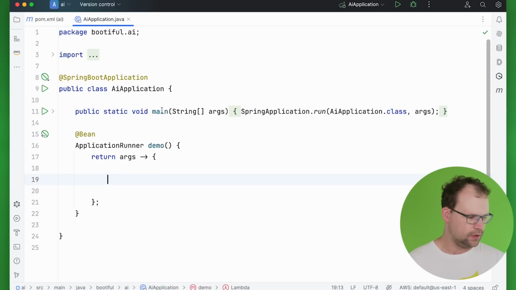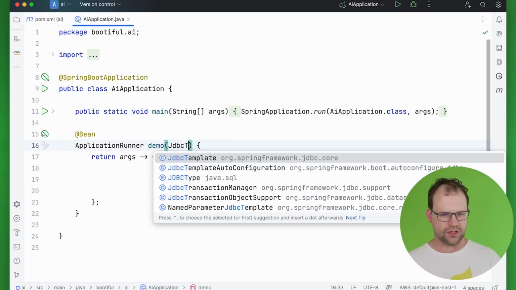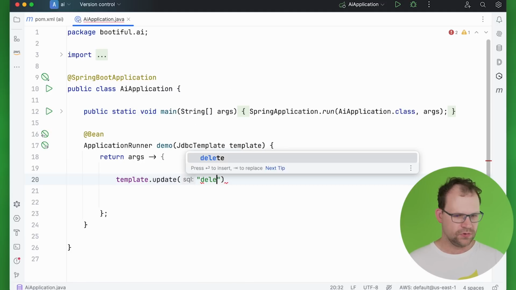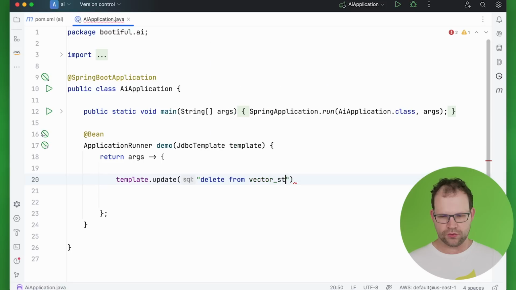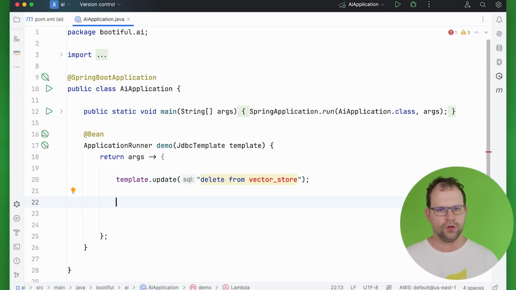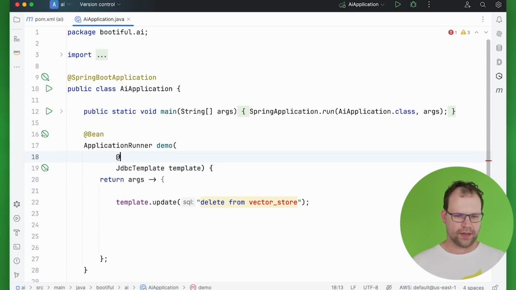And we want to have a method that, first of all, resets the vector store implementation. So JDBC template. Okay, and we'll say template.update delete from vector store. Fantastic. Okay, and now I want to have a way to read data in. That data, by the by, will live in a PDF on my desktop. We saw that, right? So value,